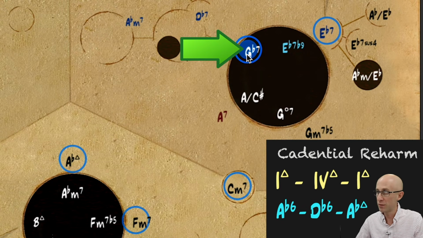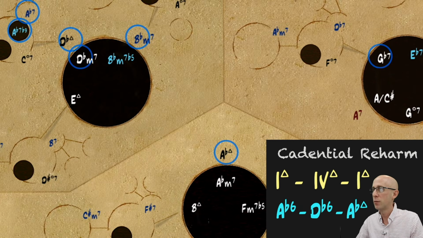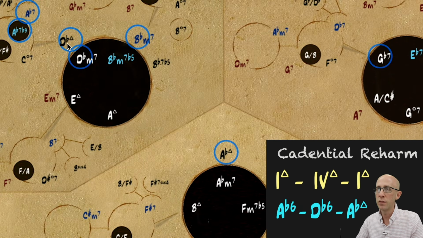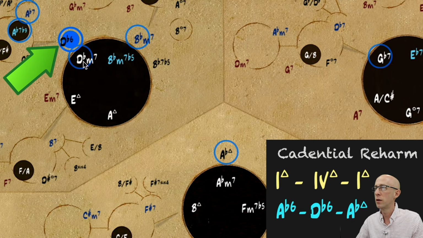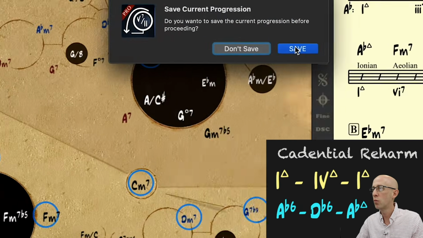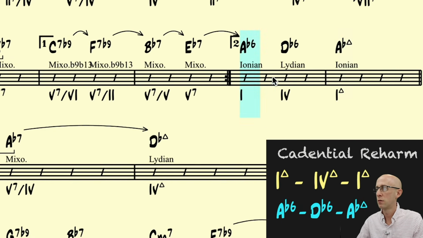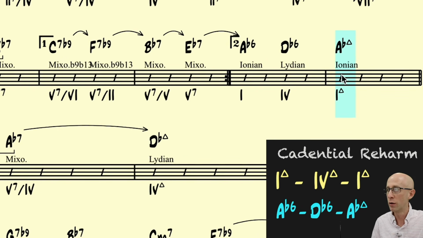I only bring that up because that's exactly what we're going to do with our reharmonization. And that something happens to be this D flat. We're going to make it a D flat 6 right over here, the 4 chord. All right, so now we have everything we need for our cadential reharm that honors the melody note, which is the 1, and also accommodates the real reason Garner probably did this, which is that cool little 4-note quasi-pentatonic riff that you hear occurring here.